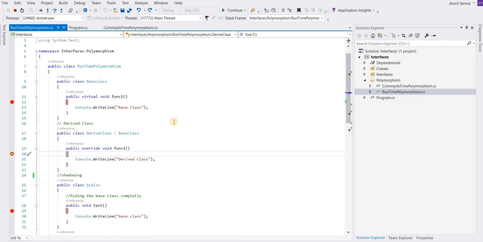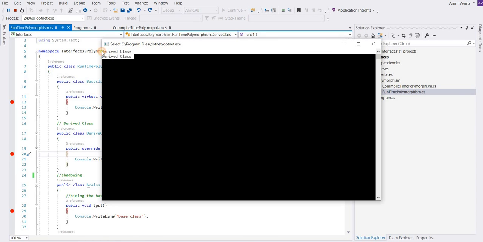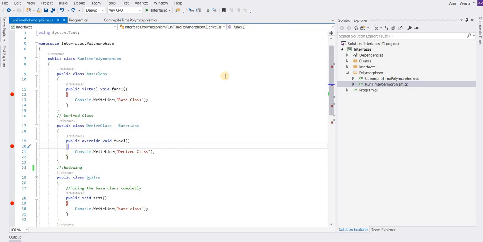See, it comes here the first time, and the next time again it comes here. So we have an implementation of two derived classes. It clearly shows that we have implemented the derived class twice without disturbing the functionality of our base class. Now the question arises: